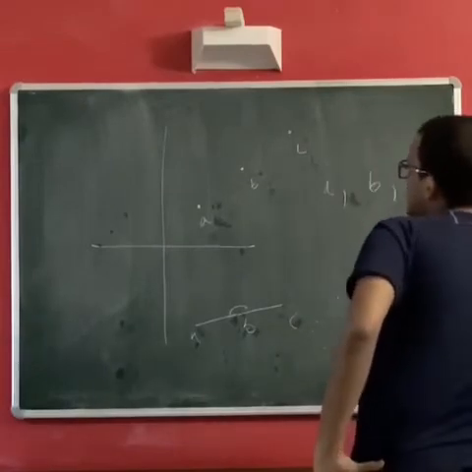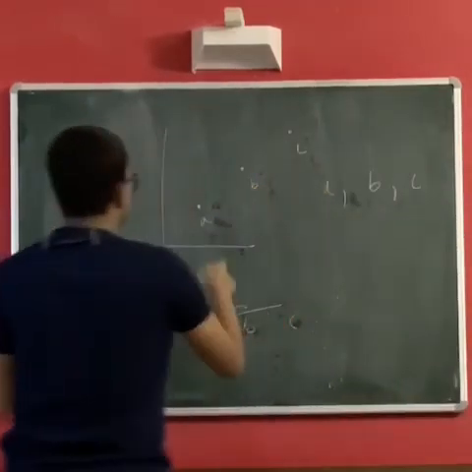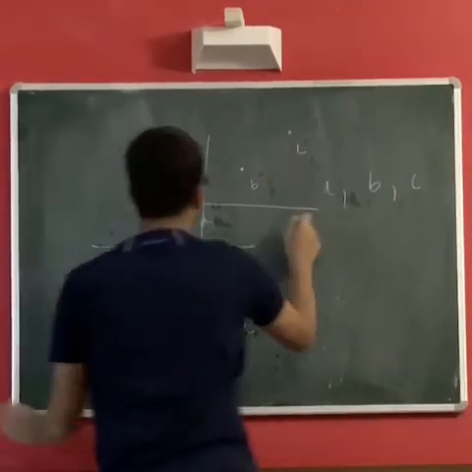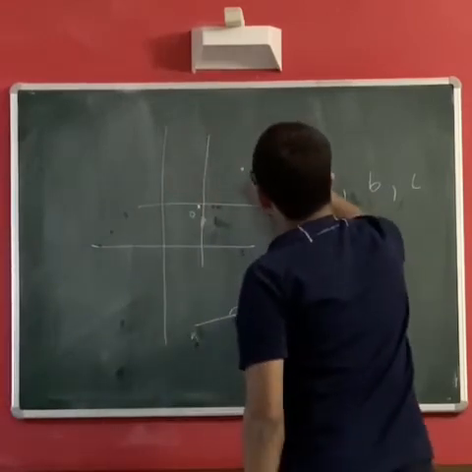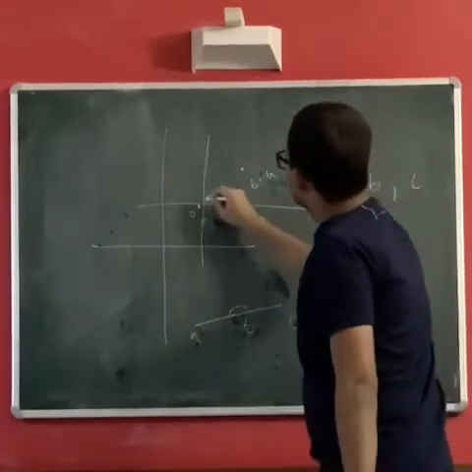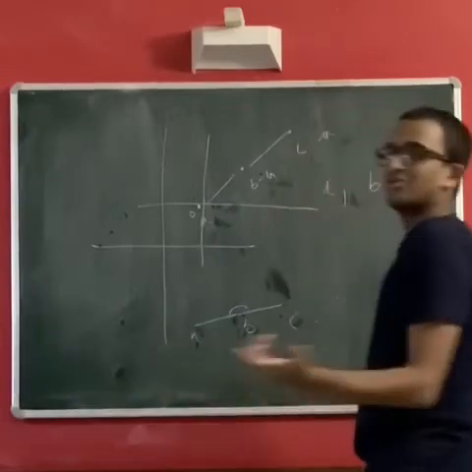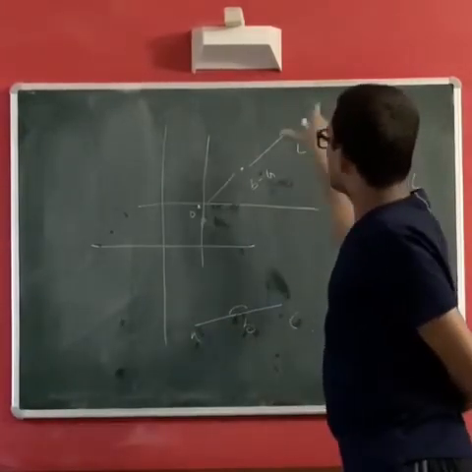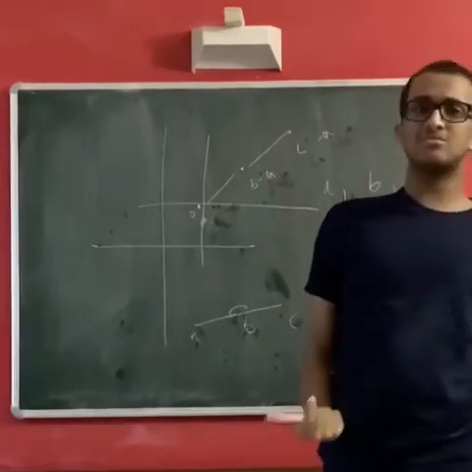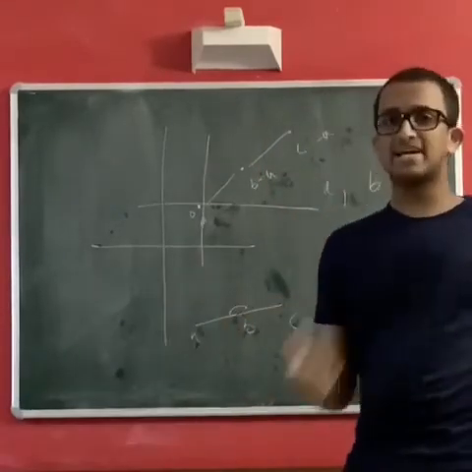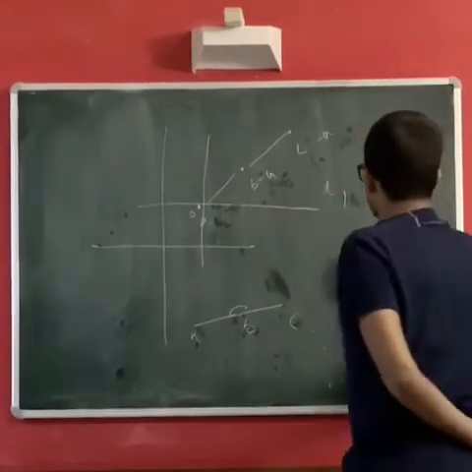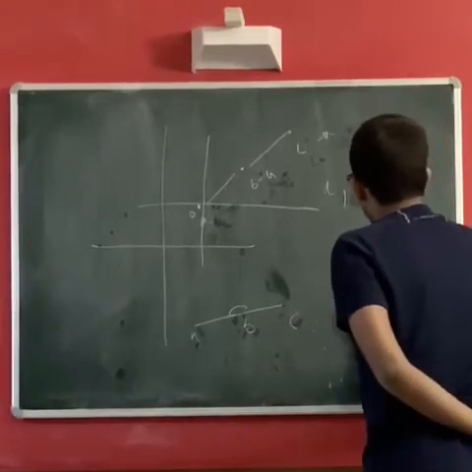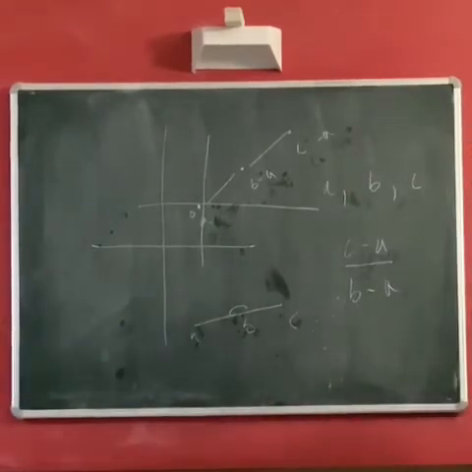What I'll do is just shift the coordinate axis to A, have this as 0, so B minus A, this is C minus A. And now it's simple, right? You guys can just look at what the condition should be, which is that C minus A over B minus A must be a real number. It may be on the other side to be negative also, but all it has to be is a real number. So C minus A over B minus A must be a real number.